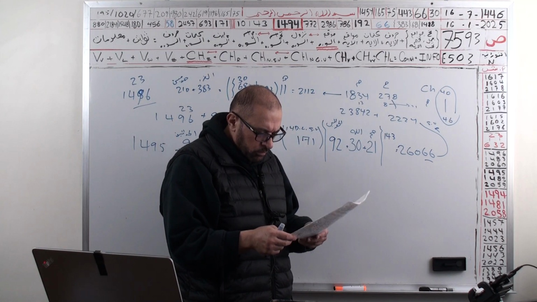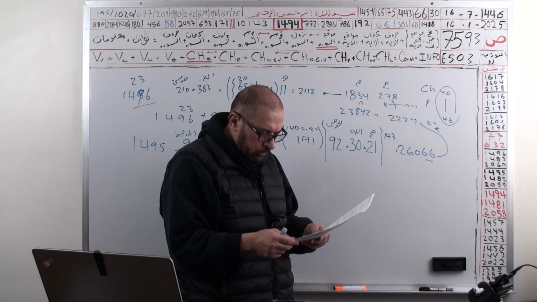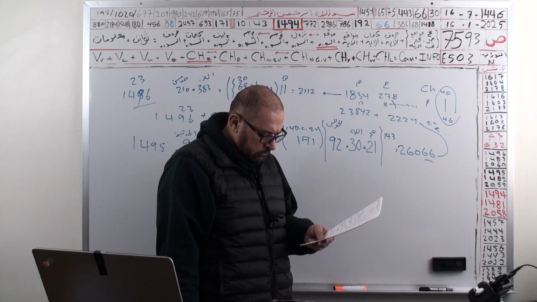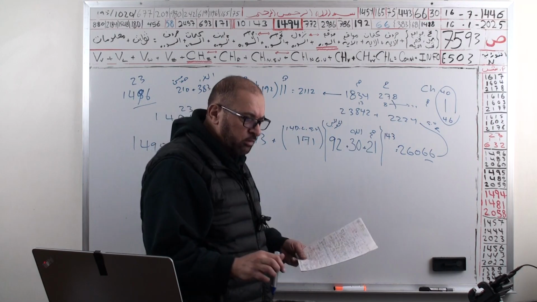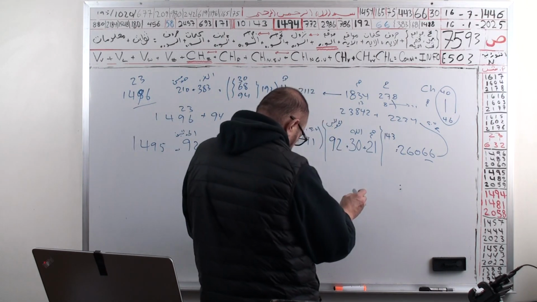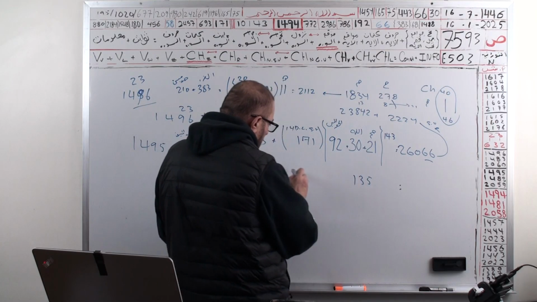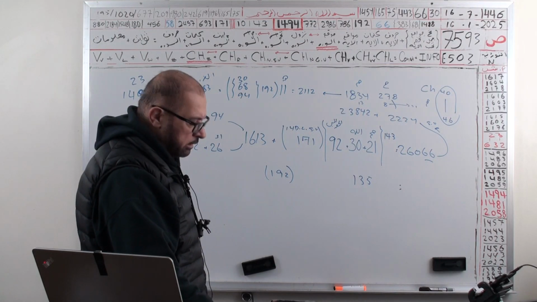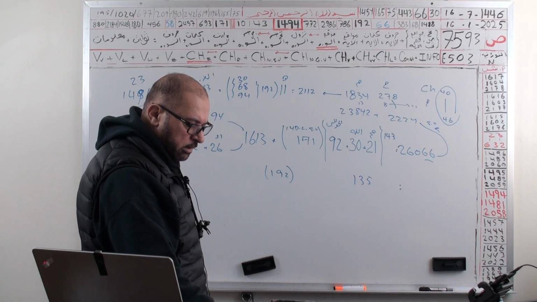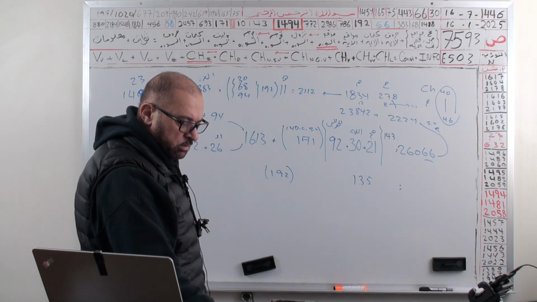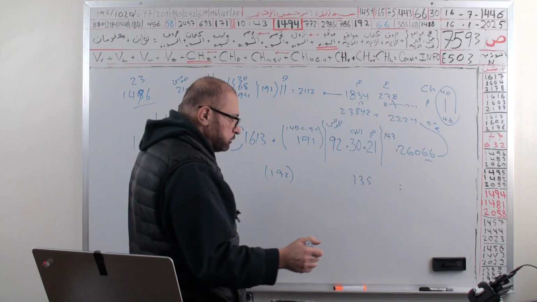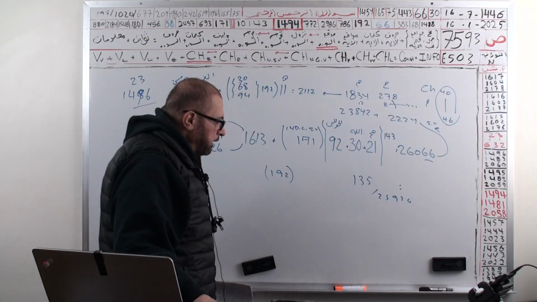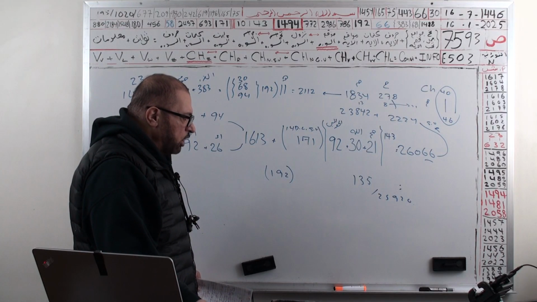What if we do 135 times 192? I'm going to take every 192 out of the calculation. I'm going to take 135 out of the whole thing, 192, so I cannot take more 192s. Okay, 26066 in the memory. 135 times 192 is 25920. 92 Muhammad, peace be upon him, 92 Al-Haq Al-Mubin.